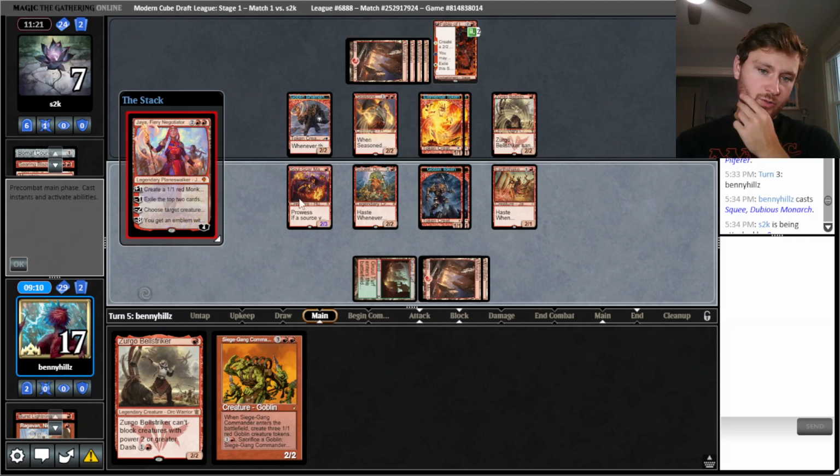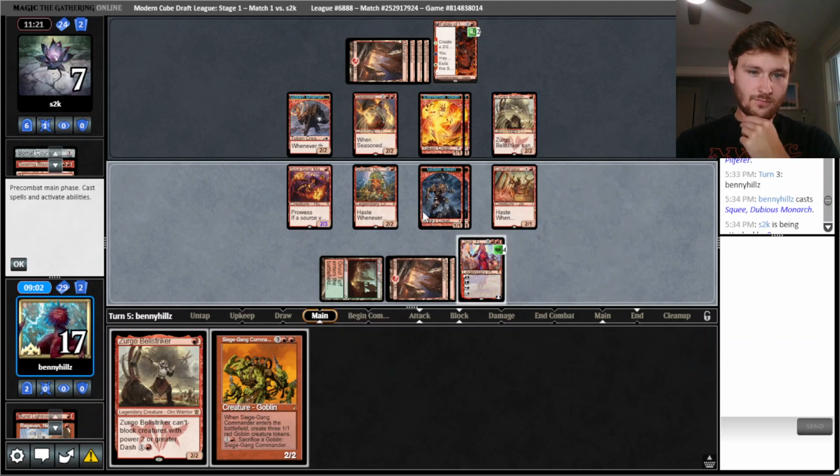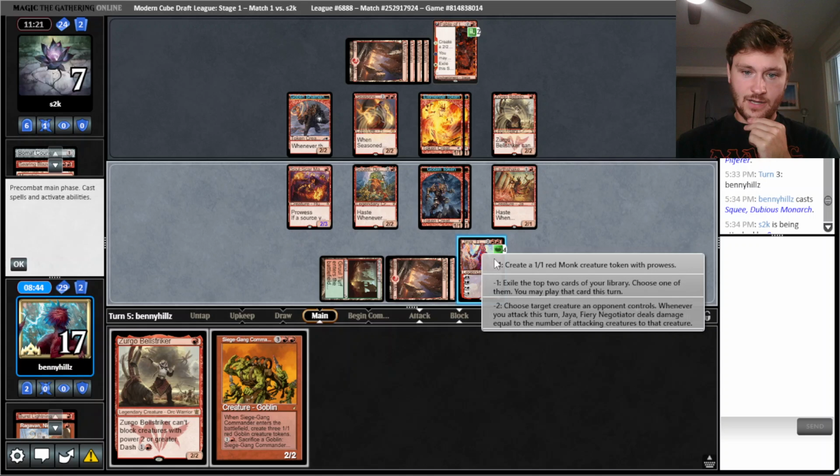We could swing with the Soulscar Mage. That would make them double block. They could block with Pyromancer and an Elemental. I'm okay with trading Soulscar Mage with a Pyromancer. I think the answer is yes, because...